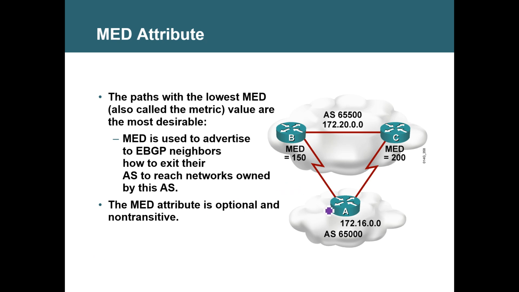Let's say you're going via this path, and the ISP is telling you to take this path, but your router is taking via C. The ISP is advising you to use B as a primary and C as a backup. The ISP is advising you to use B as a next hop.